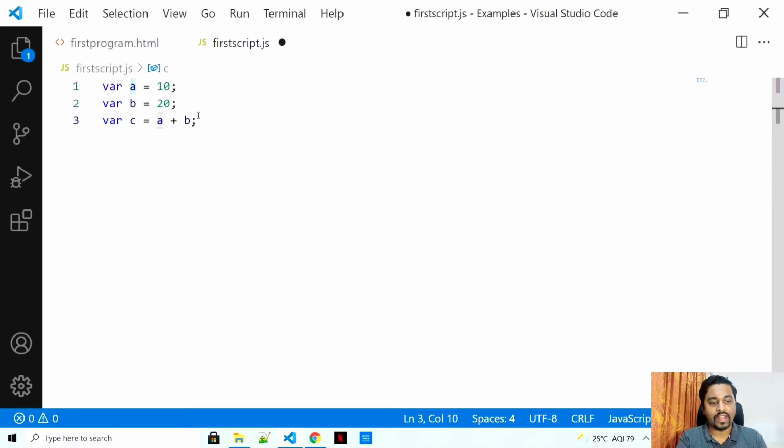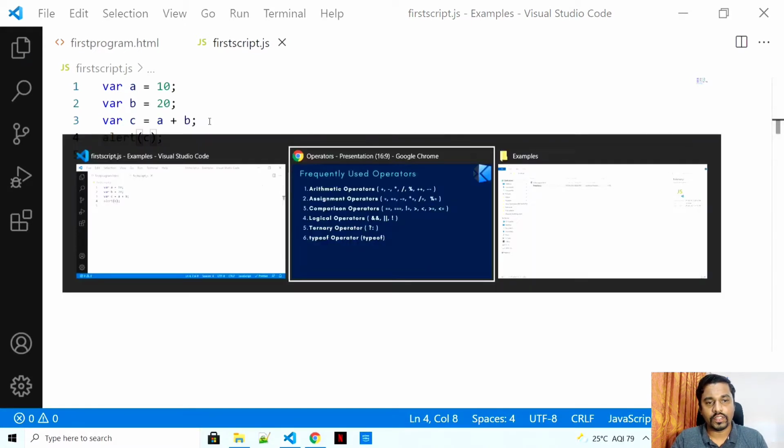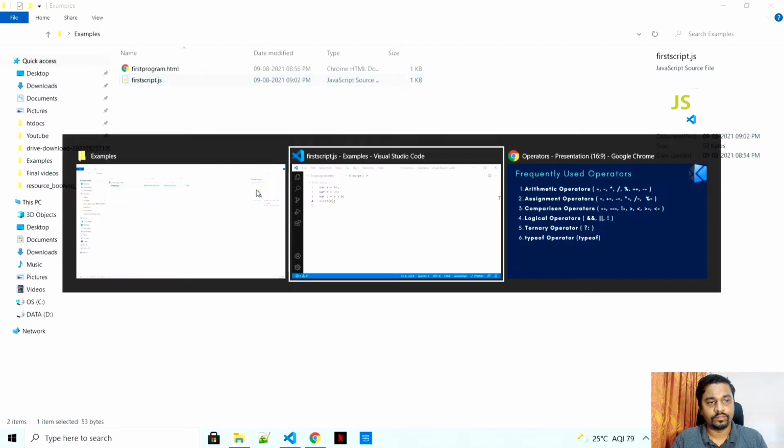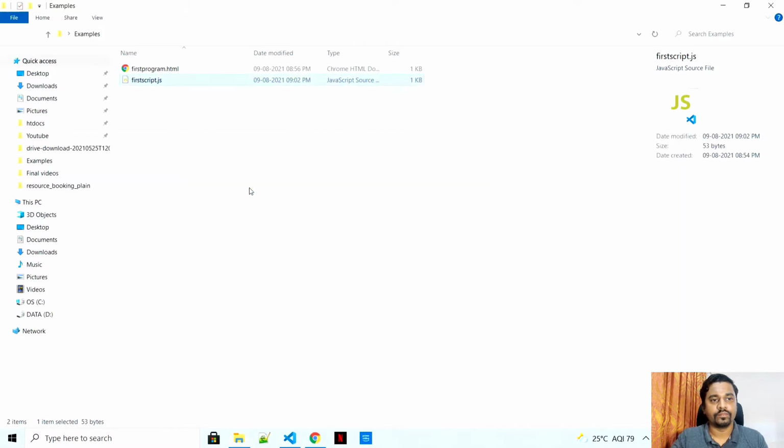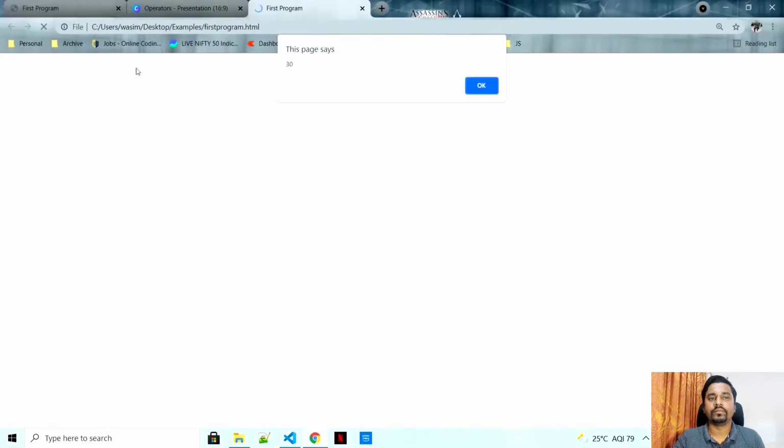If you want to check these values, for now let's try using alerts. We'll use consoles later. So I'll print c. Let's run our first program, and that says 30.